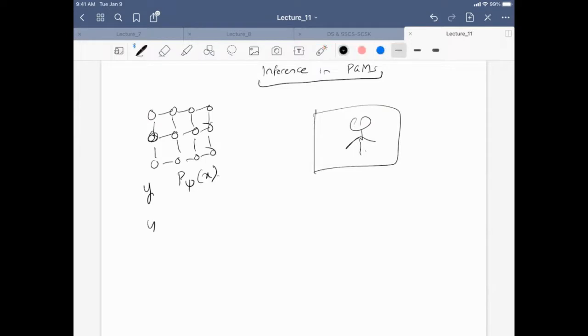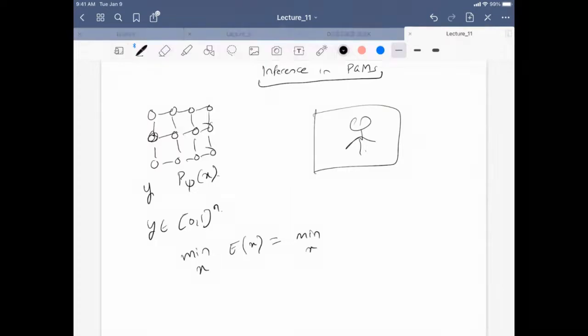So your y here is nothing but in {0,1}^n, right? And you can actually solve this using a Markov random field. So the inference step basically is where you're minimizing an energy function E(x), which is essentially something like this. Again, I don't remember exactly, but I think it's something like this. So you have some pairwise potentials, plus some